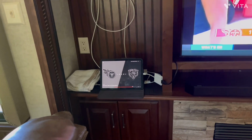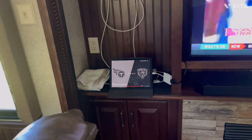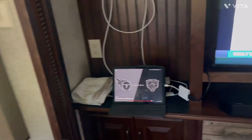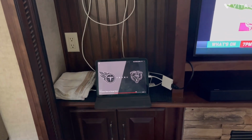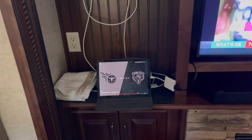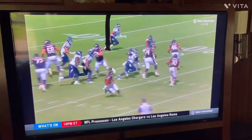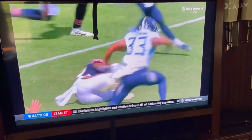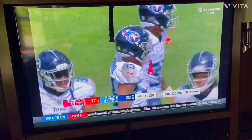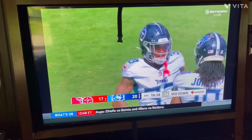So now what I'm going to do is take the iPad off of the setup. I have another iPad that has cell phone access on it, but I'll just use my cell phone and I'll video the results on the iPad so that we can get a comparison of what this picture looks like streaming through my Wi-Fi at the house, which is inside the house. We're out here in the Alpine. I do have a mesh network in the house, so it's very strong Wi-Fi, at about 300 megabits download